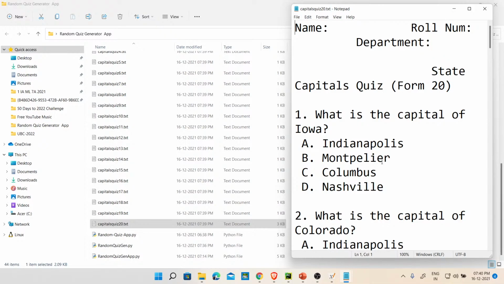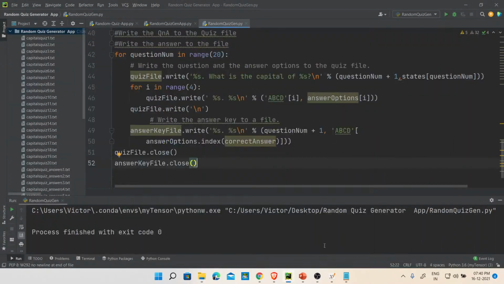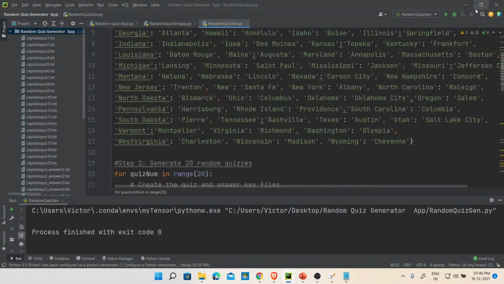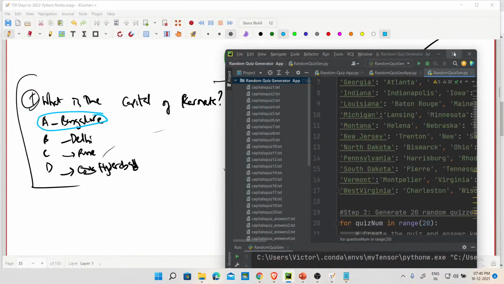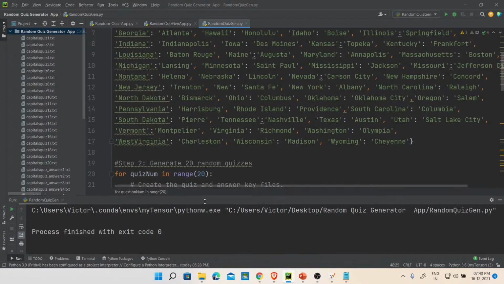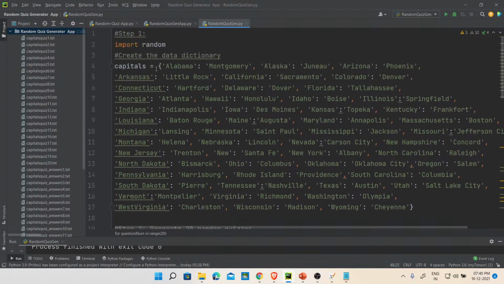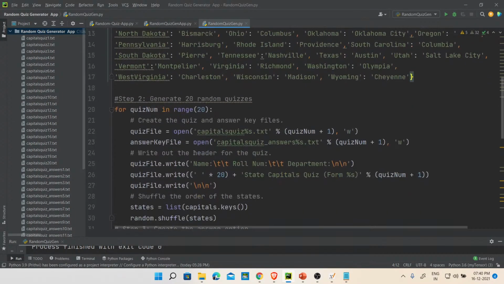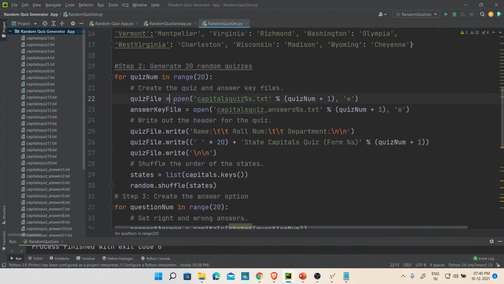But the thing is, I think I'm writing everything to a particular file. Let me just see the code once. I guess you understood what happened in today's class, but let's just see this. There is nothing wrong with the list. Check the nesting. This is fine.